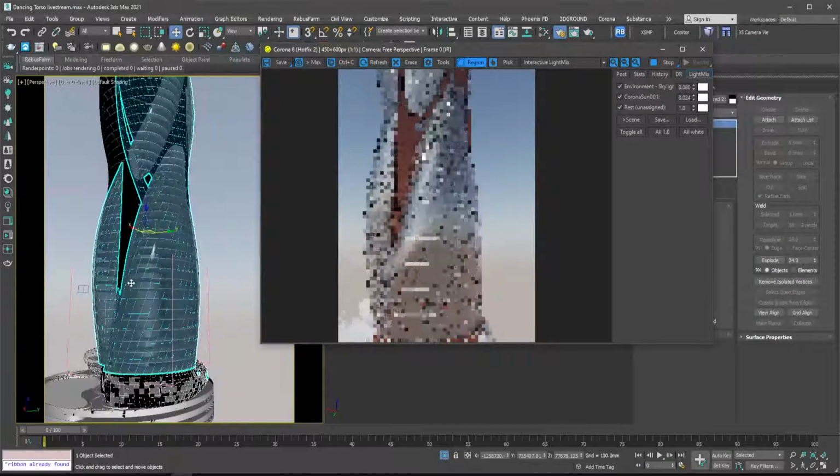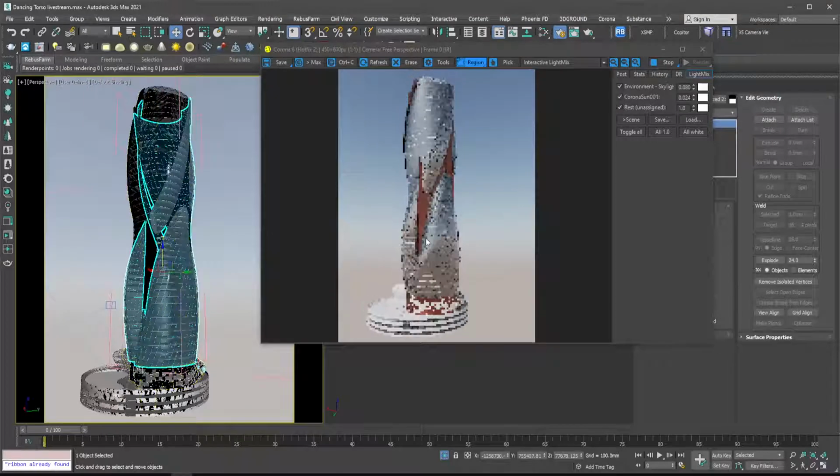I think one thing I can do to help out with our reflections is this. One way we can always help the reflection in our scene is to use a feature in 3ds Max in the render settings. Because now what you are seeing in our reflection right now is the environment. Now if we want to be able to have very good reflections,